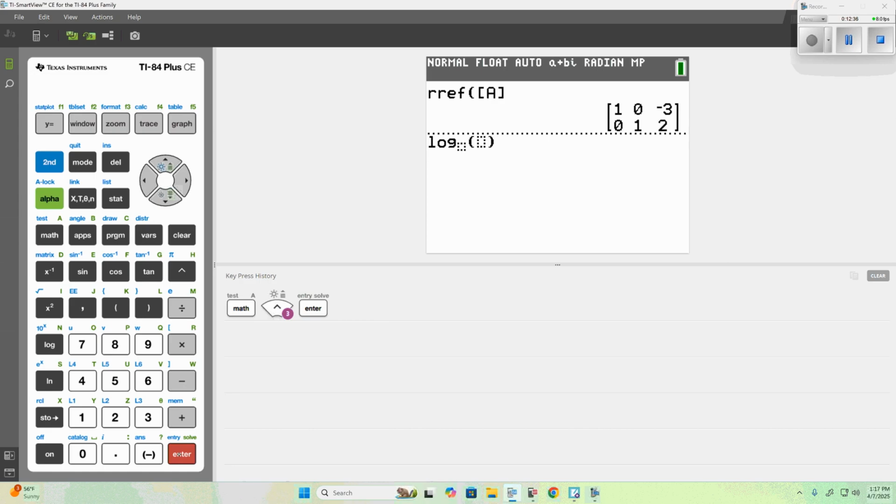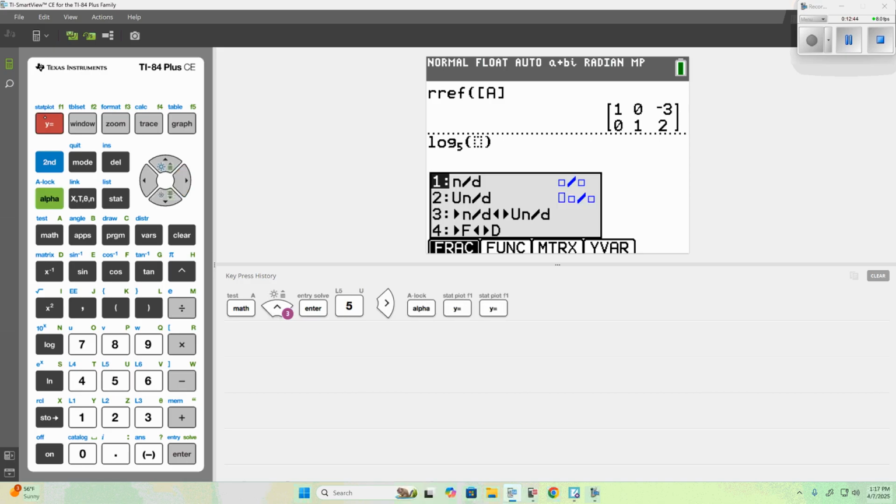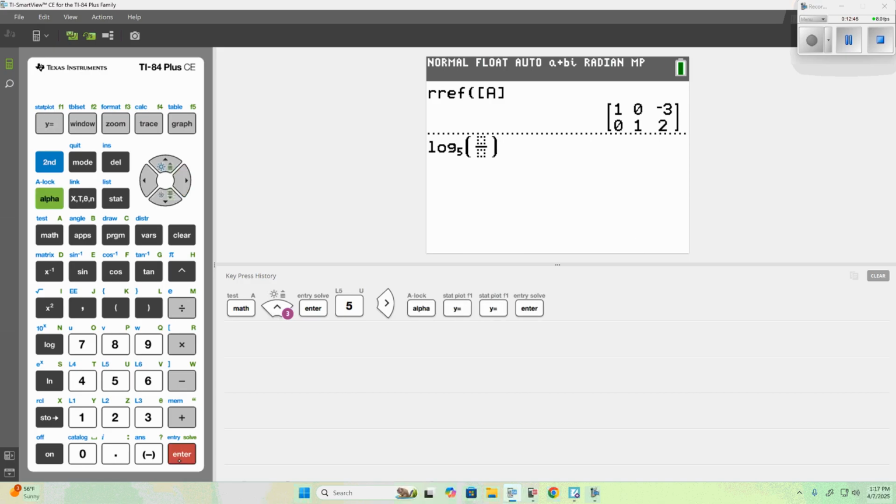Now the one we're wanting to evaluate is log base 5 of 1 over 125. To get a fraction, alpha y equals enter. So log base 5 of 1 over 125 is,